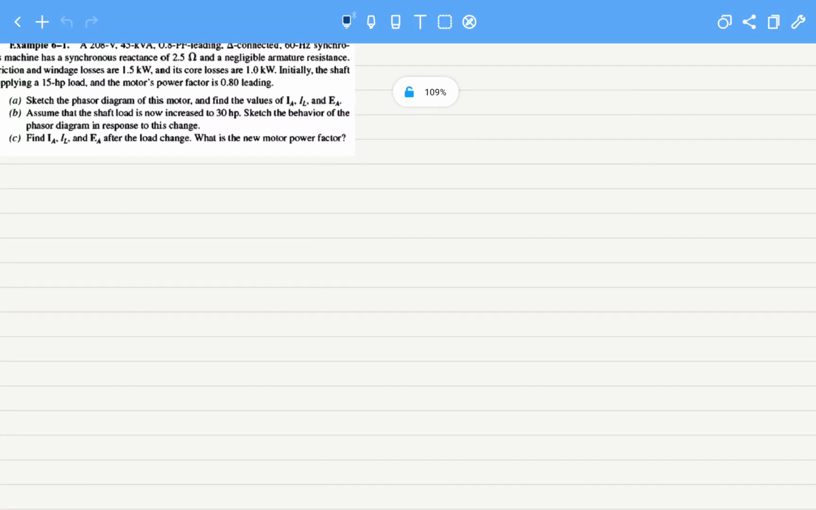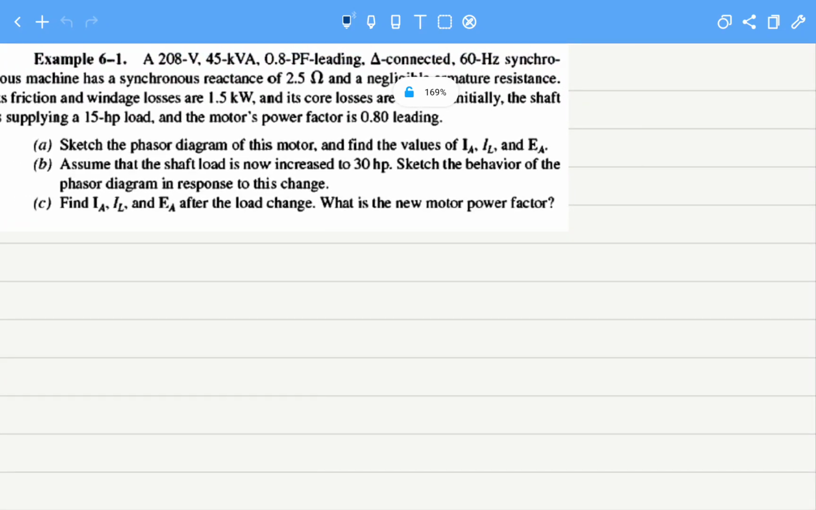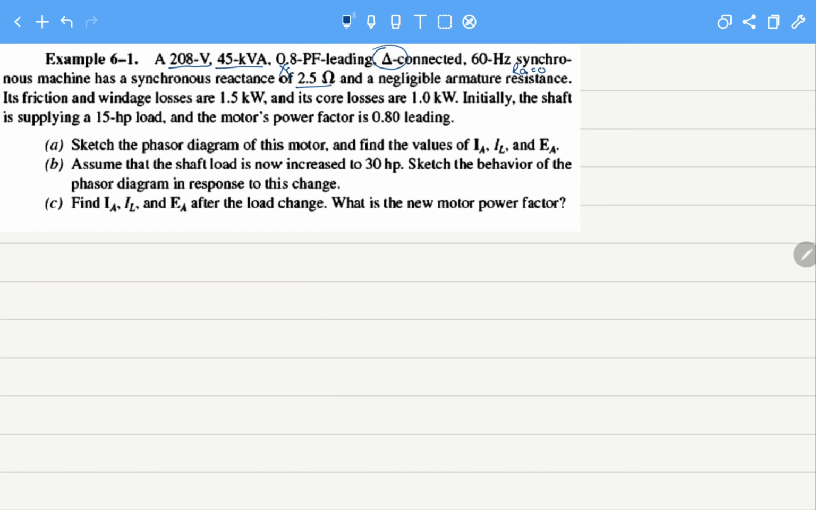The topic of synchronous machine continues, and let's look at this example. What we have is a 208 volts, 45 kVA machine, but the critical thing is it is a delta connected synchronous machine which has a synchronous reactance, X of S, and Ra is negligible, so Ra is equal to 0 when we make the per phase equivalent. It has also explained some friction and windage losses are 1.5 kilowatts, core losses are 1